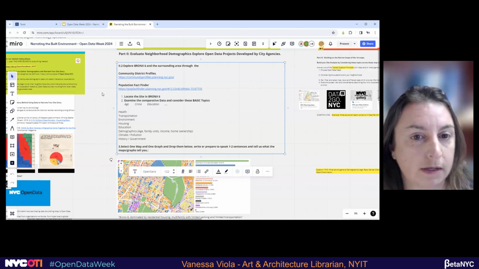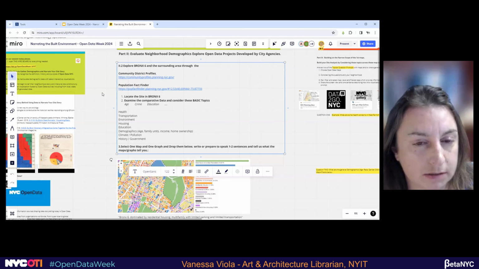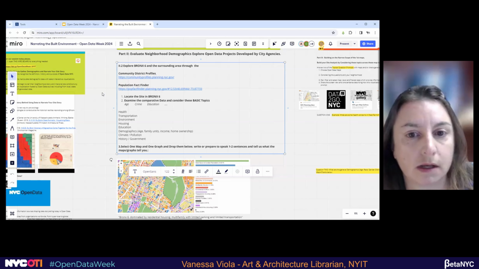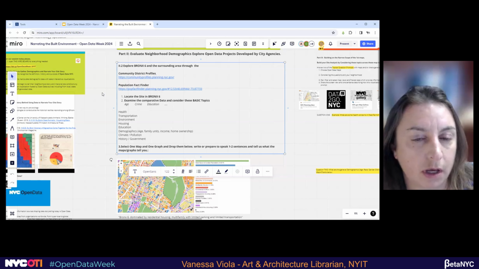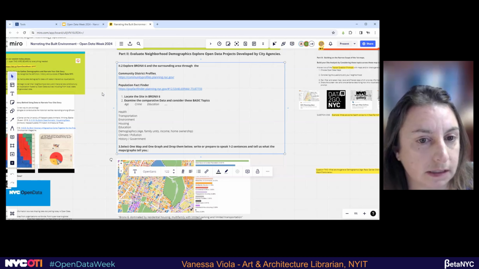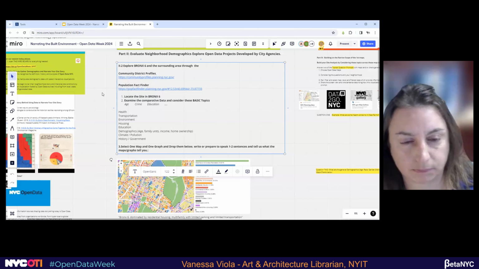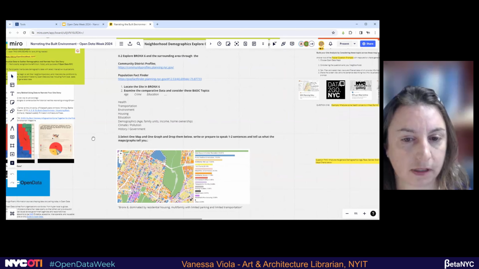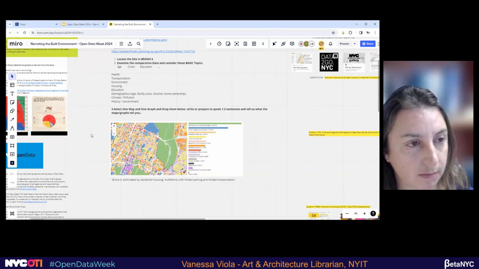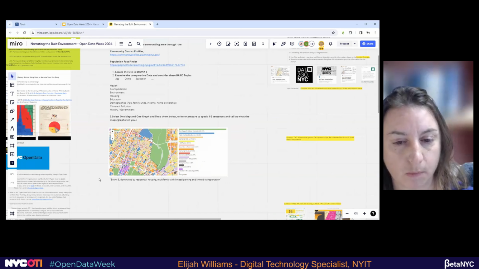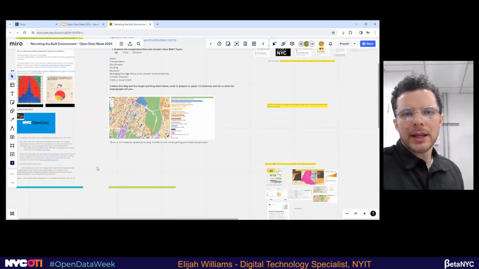We asked them to locate Bronx 6 and look at the comparative data provided by topics such as age, crime, education. Then they select a theme, whether it's health, transportation, environment, or housing. And then we ask them to select one map and graph from the tables and share them with the group. So in this case, to pull it back to the studio example as well,